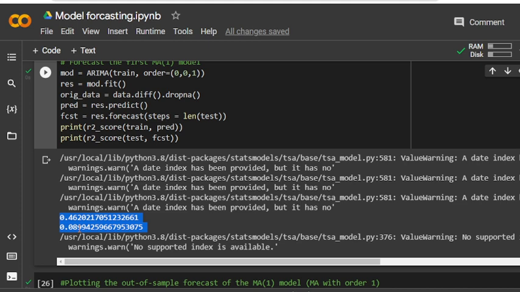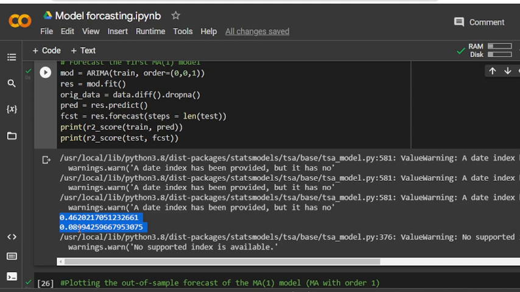So what is the meaning of this? It gives us a train R square of 46 and a test R square of approximately 0.08, about 8 to 9%. The performance on the training data is not good, and the performance on the test data is even worse.